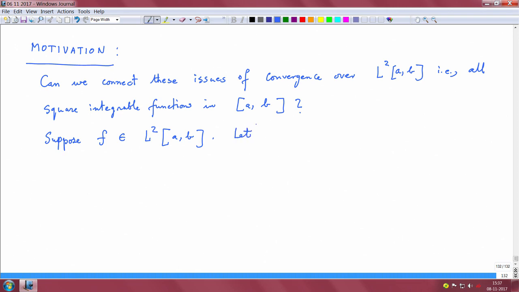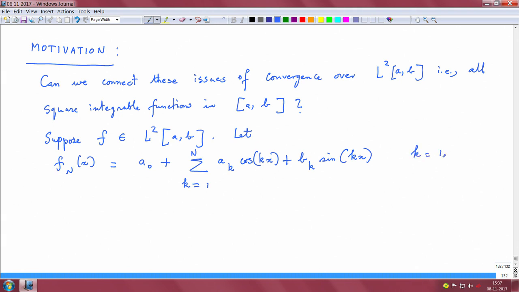Let f_n of x equal a naught plus sigma k equals 1 to capital N of a_k cos kx plus b_k sin kx, where k goes from 1 to N, and we see this in the summation. Now, here a_k and b_k are obtained